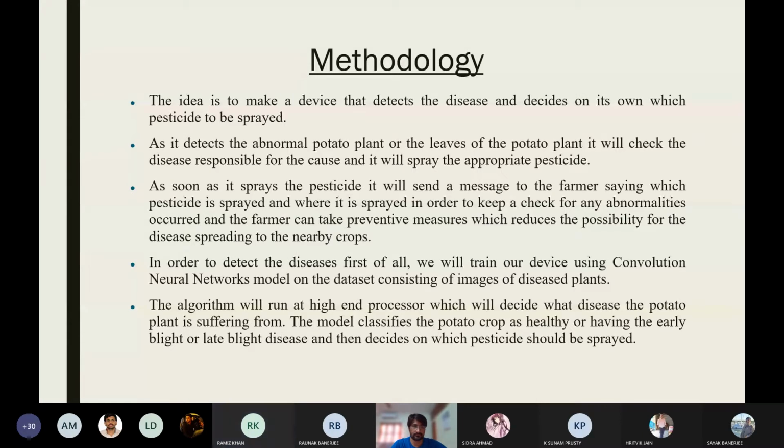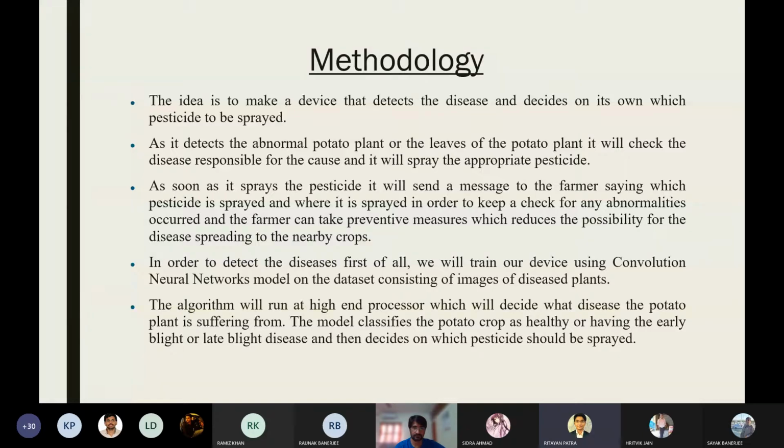Yes, sir, the idea of this project is to make a device. Through this device, we will capture the image of the leaf of the diseased plant, and we will send this image to the server or cloud. On the server, we will already have a trained deep learning model. We will give the image of the leaf to this model, and the model will decide whether the leaf is healthy or has some kind of disease like late blight or early blight.